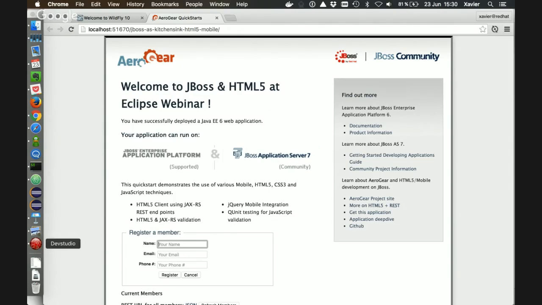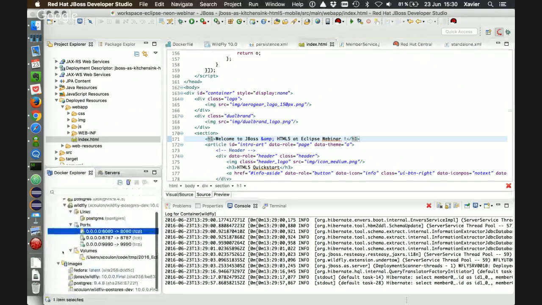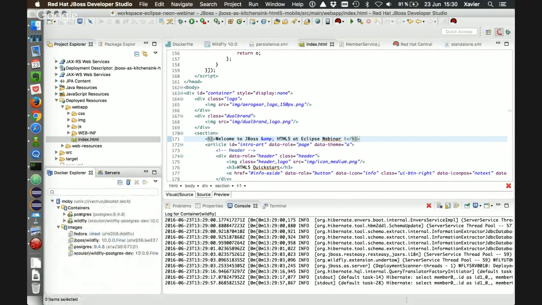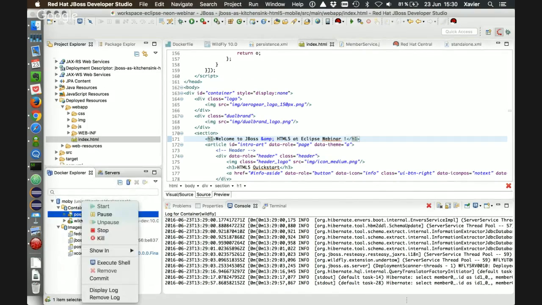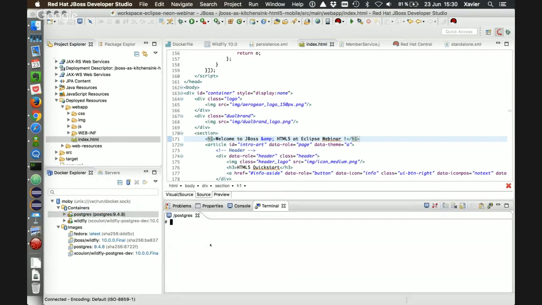Next, let's go back to the Docker Explorer view here. We've seen a couple of things. We can also execute shell commands since the Docker tooling for Neon. So for example, since I'm connected to the Postgres container, I can do something like this. I have an SQL command, and I can connect with this Postgres user, and I can issue some SQL statements like this one,